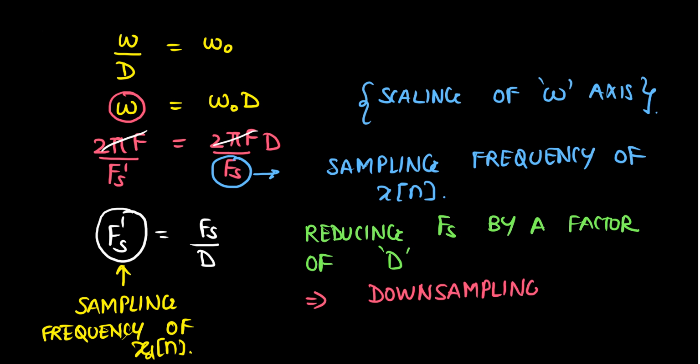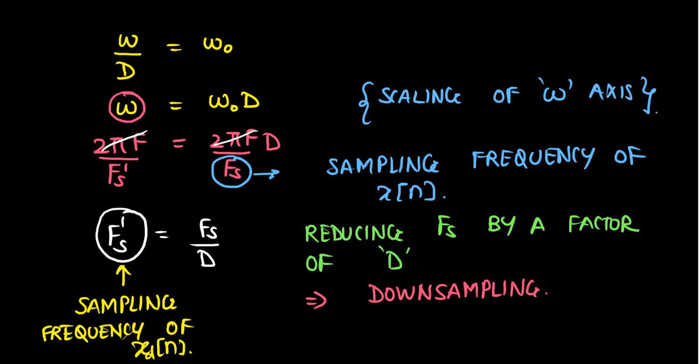Now this downsampling process can also be considered as resampling, and this is required in many cases in which we have a signal of some particular frequency but the system is designed for some different sampling frequency. In that case we need to resample them to the same frequencies. Moreover, it may happen that we need to process two different signals of different sampling frequencies for some particular aim. In that case again we need to do this downsampling or resampling. So this decimation helps in changing the sampling frequency.